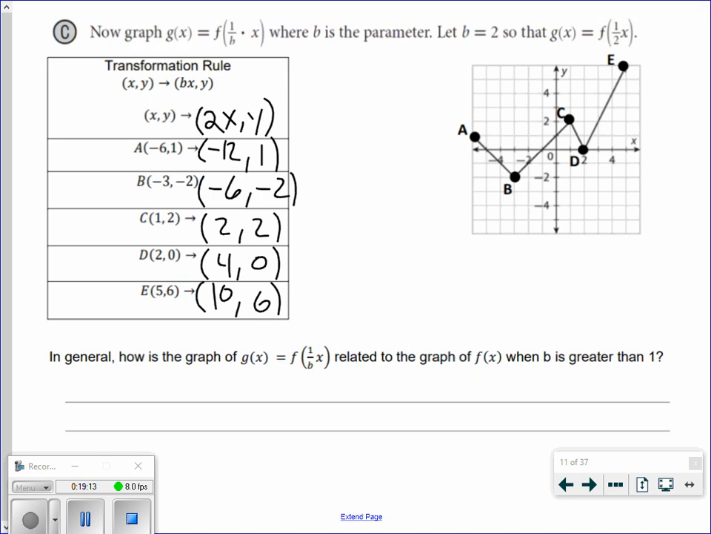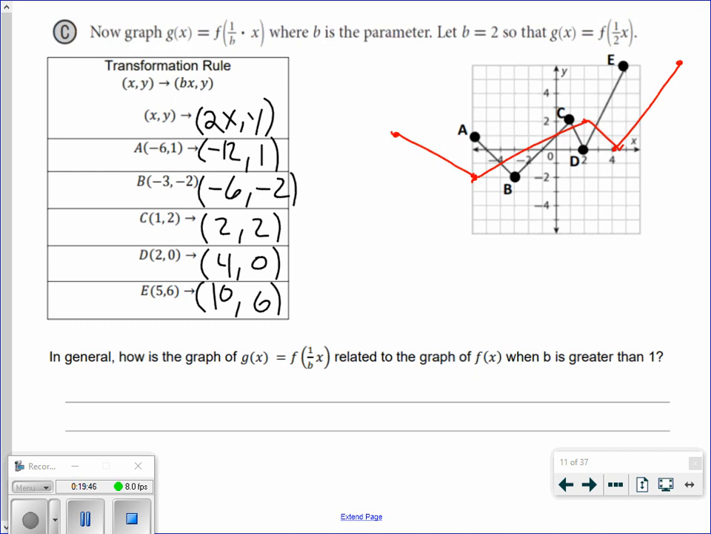So we have -12, 1. That's going to be way out here somewhere. Let's say right about there. -6, -2, 2, 2, 4, 0, and 10, 6 will be out here somewhere. So connect the dots. Didn't connect it very well. All right, good enough. Anyway, the point is just to see that